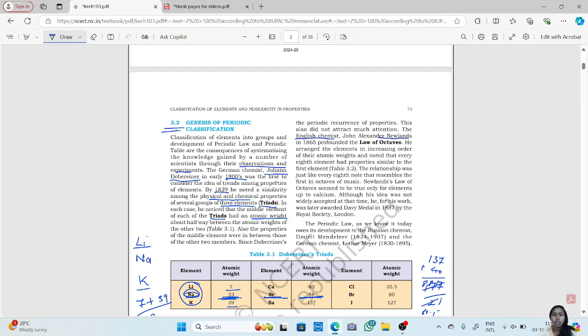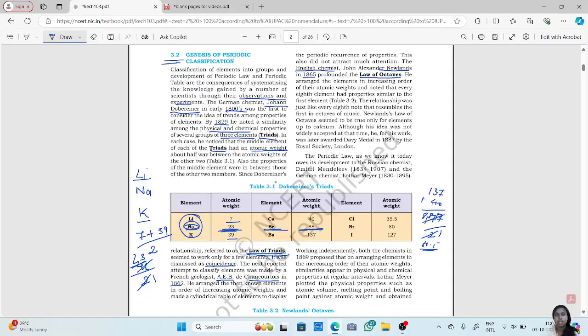Okay, John Alexander Newlands, in 1865, propounded the law of octaves. He arranged the elements in increasing order of their atomic weights and noted that every eighth element had properties similar to the first element. Now what this person, John Alexander Newlands, did is, he